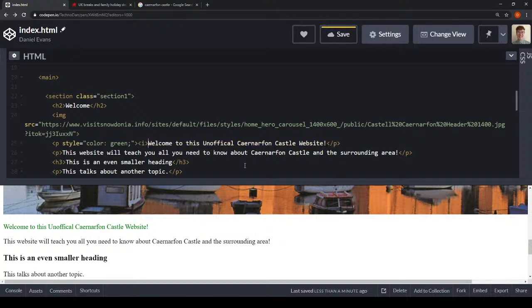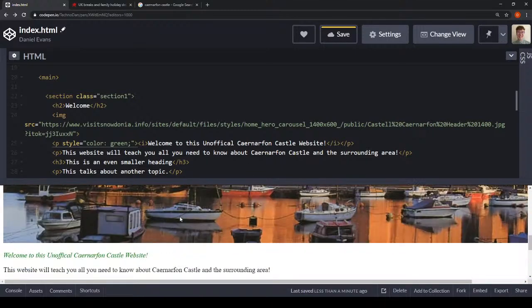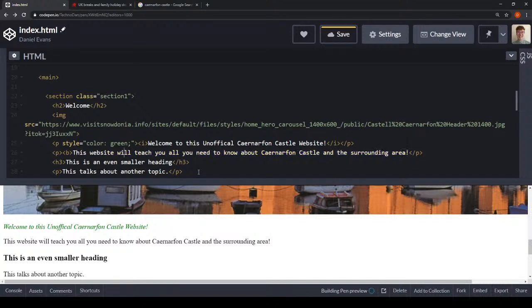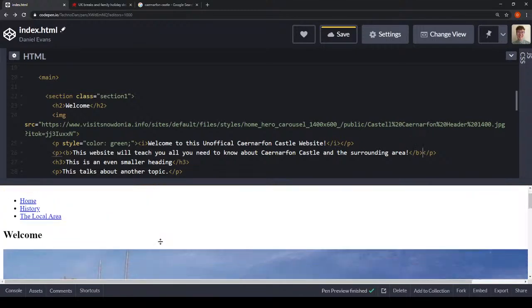Whoops. So when you use the I tag, also make sure that you close that I tag as well. It will change that font to being in italics. And let's just say we want a paragraph to be in bold, you can use the B tag and it'll make it bold. Now these again are all things that we can include in the CSS file,